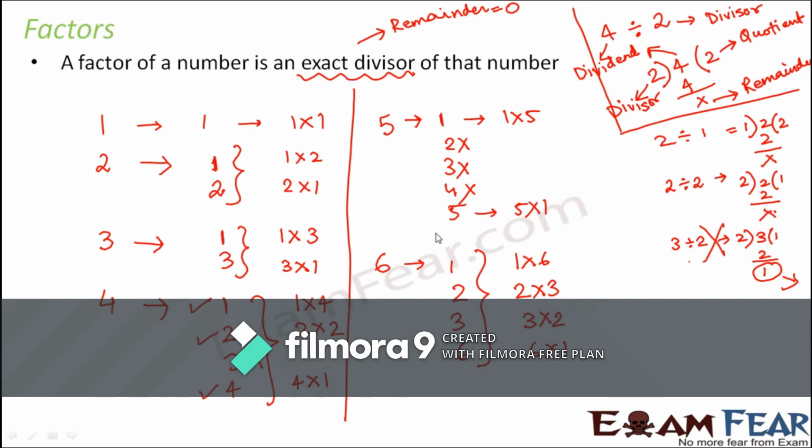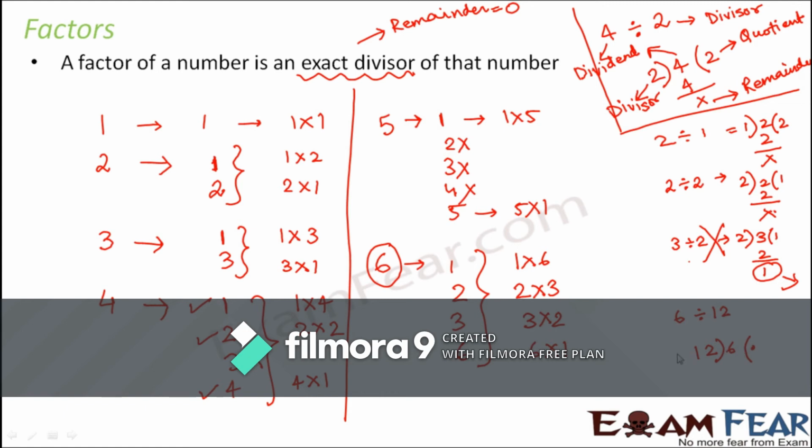For example, here let's say the number is 6. So what are the factors that we have? 1, 2, 3 and 6. Do you think that you can have any number which is greater than 6 as factor of 6? Do you think that 12 can be a factor of 6? No, it cannot be, because if you divide 12 by 6, what do you get? You will get a result in decimals,